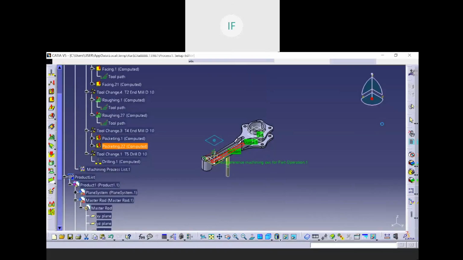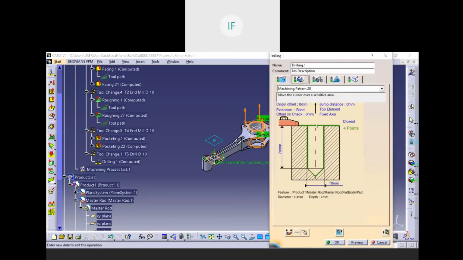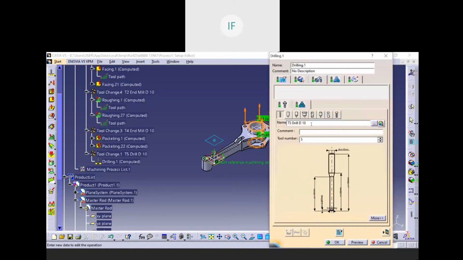Okay, next, the last process is drilling. To drill the hole, four holes here. So we choose for the approach clearance is 0 mm. Depth mode is by shoulder. Force compensation is 1. And here, for the length to drill the hole is 70 mm. And the diameter of the hole is 10 mm. For the toolpath is